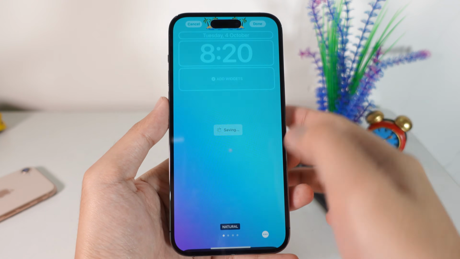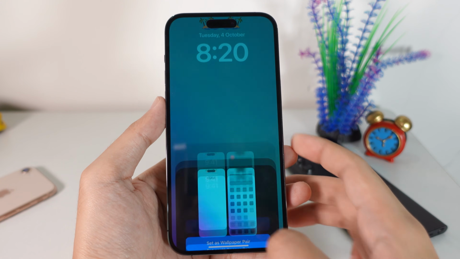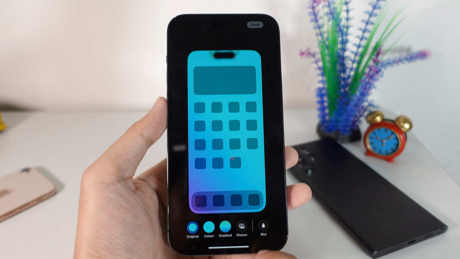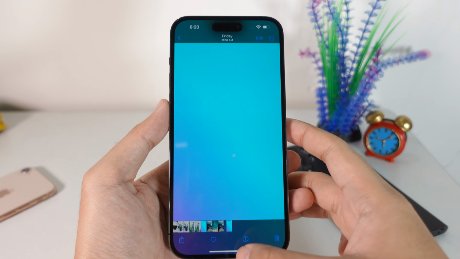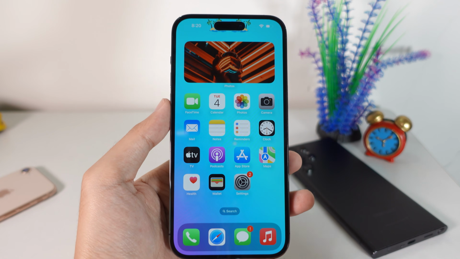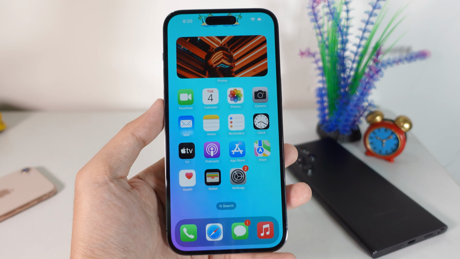Now let me click on Done, and then I'm going to click on Customize Home Screen because I don't need the blur, and then let me click on Done, and right here you're going to find this nice Dynamic Island, and I hope